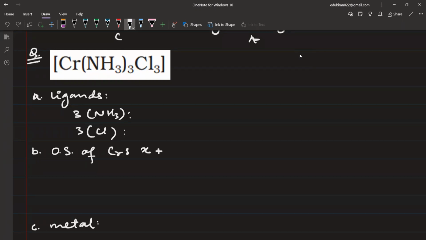NH3 पे क्या चार्ज होगा? अमीन और ट्राइक्लोरिडो के बीच में ना डैश नहीं होगा अब्दुलरहमान। Everything is correct, but there will not be a dash between them, ठीक है? स्पेस भी नहीं होगा, सब साथ में लिखेंगे। कॉम्प्लेक्स की सारी चीज साथ में लिखते हैं।